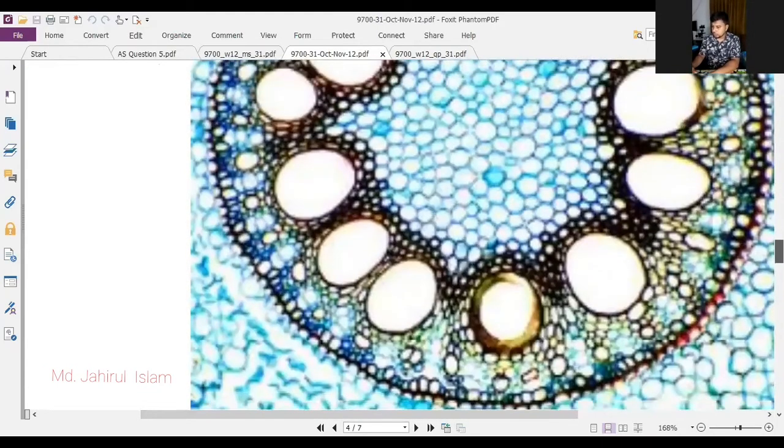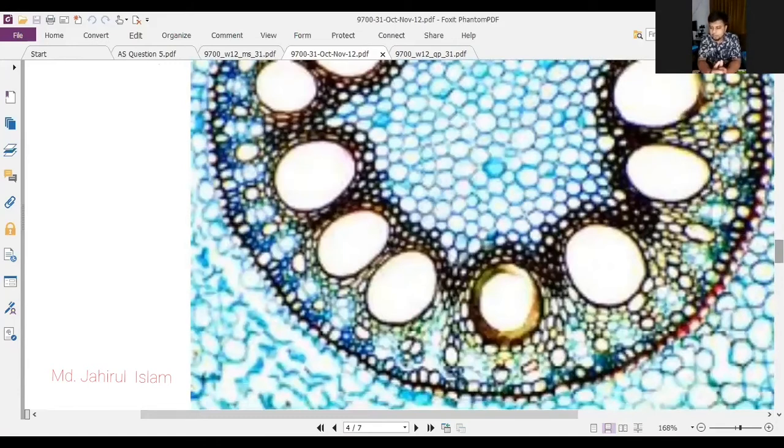Okay, so at first you see how to identify the xylem. Xylem will be stained red color, and there will be a large hollow lumen, and the cell wall will be a little bit darker, as well as a little bit thin. Okay, thicker, sorry, thicker. So you will easily identify by observing. You see, this is the xylem. Okay, so this is the xylem,